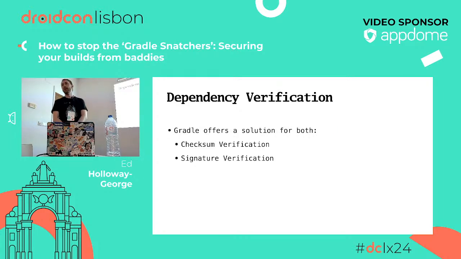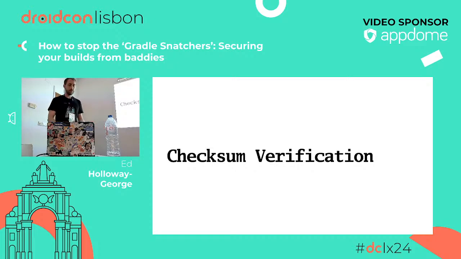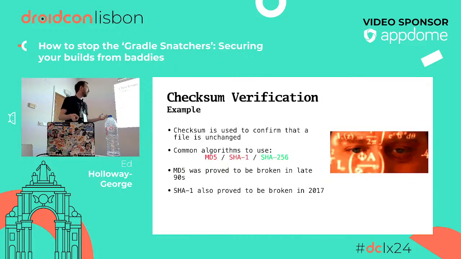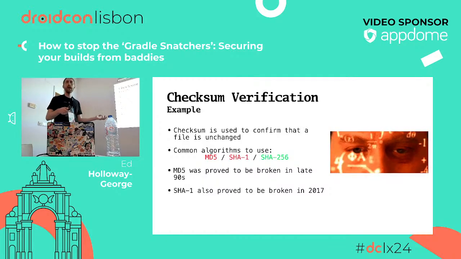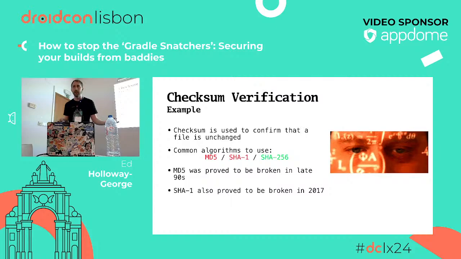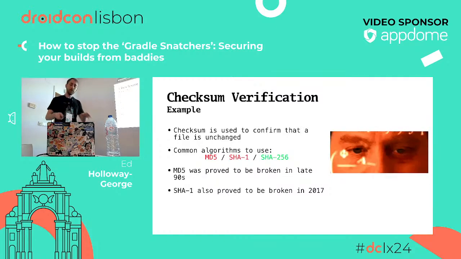Well, the good news is, and the reason we're here is because Gradle offers a solution for both of these points. The first point being checksum verification, and the second being signature verification. So checksum for integrity, signature for provenance. We'll go through both of these right now, and we can discuss how that works. So checksum verification. A checksum is essentially a hash on a file, and a hash on a file, you can compare against a known hash to determine whether or not a file has been changed. If you modify a file, even if it's a single byte, the hash will be completely different. So the idea is you hash files, and you're then able to determine whether or not a file